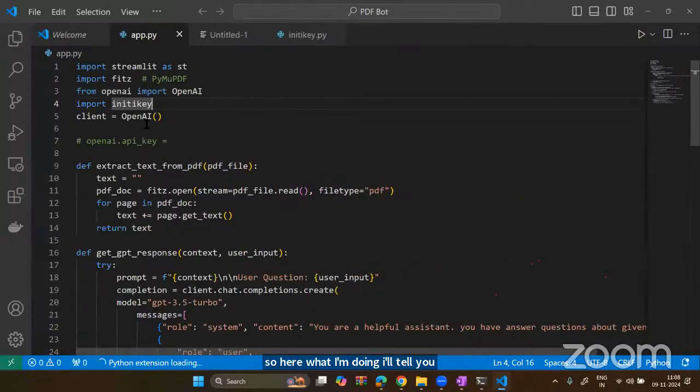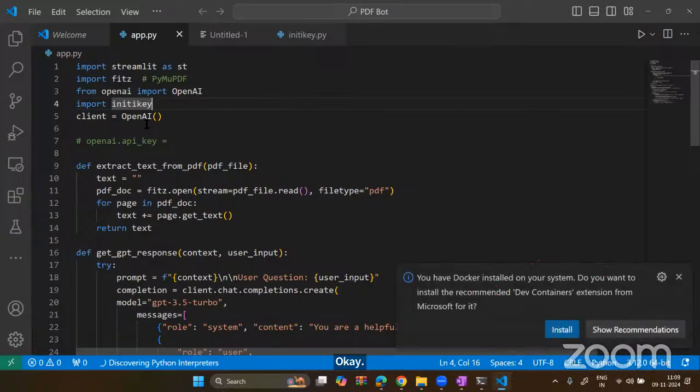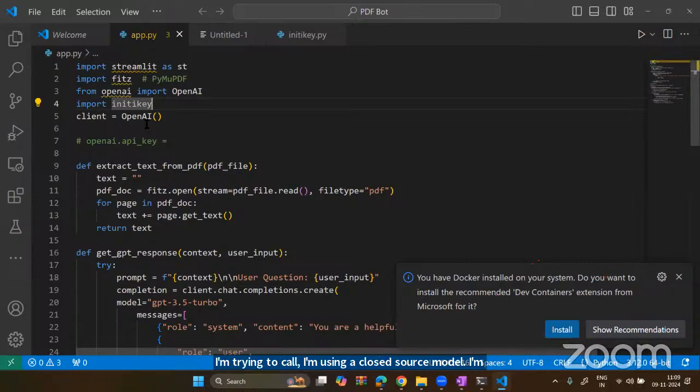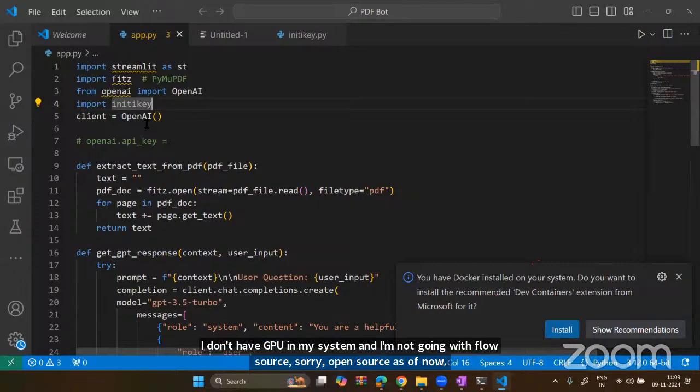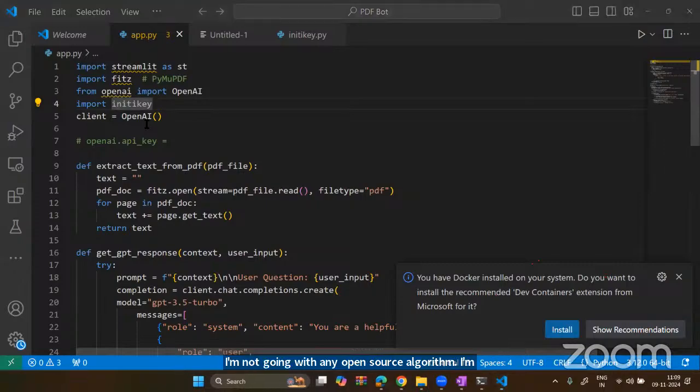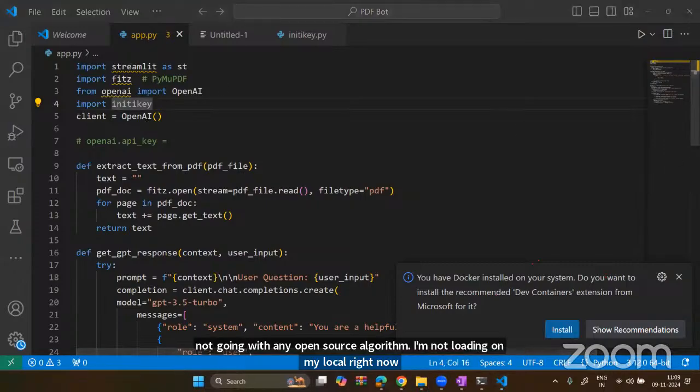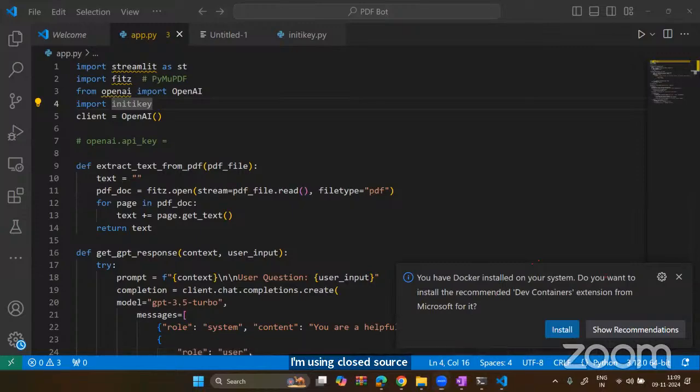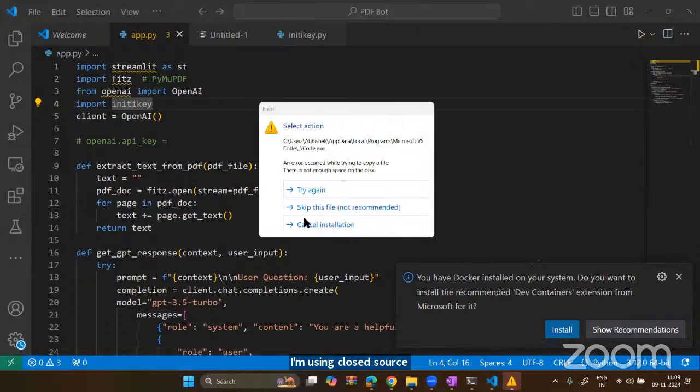Here I'm using the OpenAI library and OpenAI's ChatGPT, GPT 3.5 Turbo. What I'm trying to do here is use a closed source model. I'm not using an open source model right now, because I don't have a GPU in my system, and I'm not going with any open source LLM. I'm not loading it on my local machine right now. I'm using a closed source model, GPT 3.5, by using the